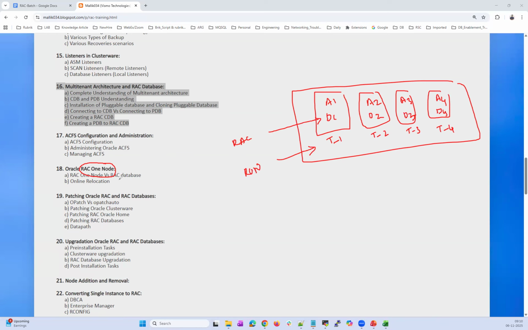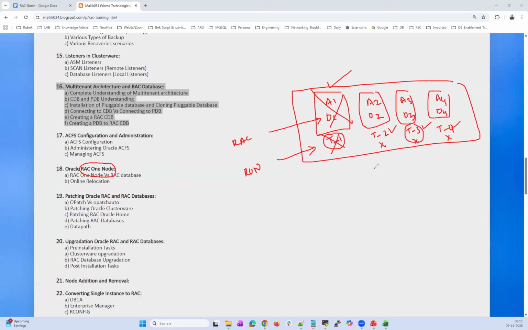So the moment it is RAC One Node, only one instance will be up and running on any one of these RAC nodes. The test_1 instance will be up and running here. The remaining three instances will be down. In case this instance goes down or this server goes down, any one of test_2, test_3 or test_4 will be up and running. At any given point of time in RAC One Node, only one of the instances will be up and running.